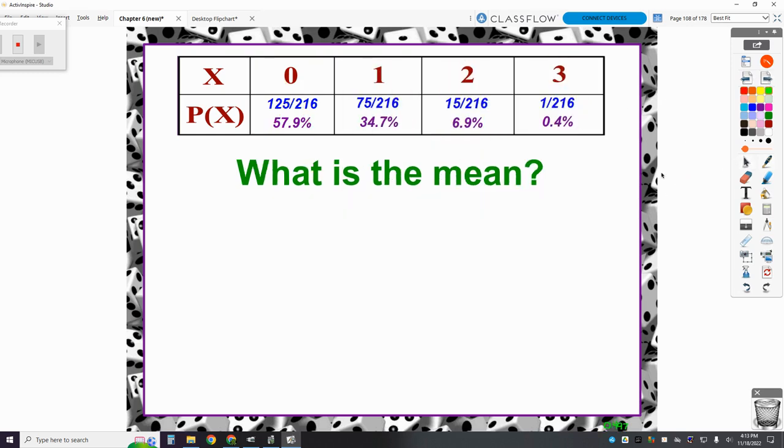Now, what is the mean? Ooh, what is the mean of this? Well, that goes back to our earlier video from video 1. How do we find the mean of a discrete random variable? And if you remember, what we did is we took each value and we multiplied it by its probability. So it would look like this. We take the 0 times its probability plus, and remember we said we didn't have to do all 4 of them. We're just going to do